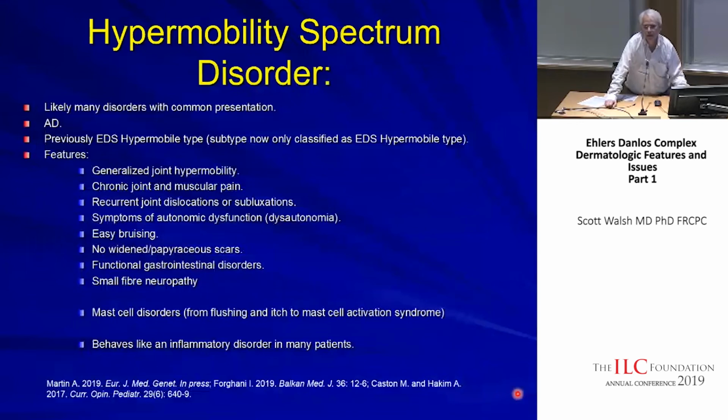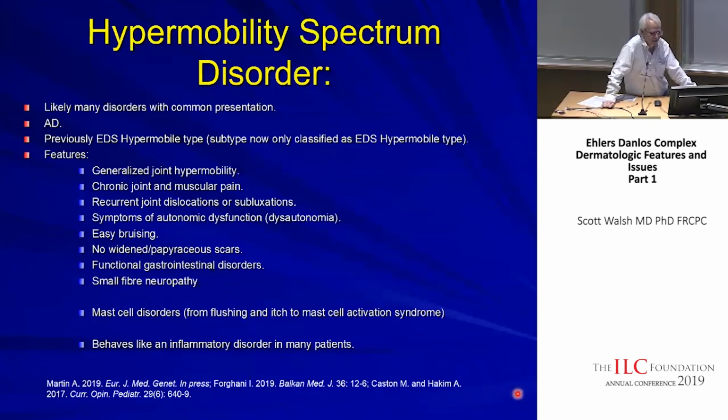So hypermobility spectrum disorder is the new term. And it's many disorders with a common presentation. So it behaves as an autosomal dominant. EDS hypermobile type has been very narrowly defined now. But we see within this group, hypermobility spectrum disorder, generally generalized joint hypermobility. We do use the Beighton score as a screen, but you have to look to see, could the patient be hypermobile in other joints? Chronic joint and muscular pain, recurrent joint dislocations or subluxations, and symptoms of autonomic dysfunction,